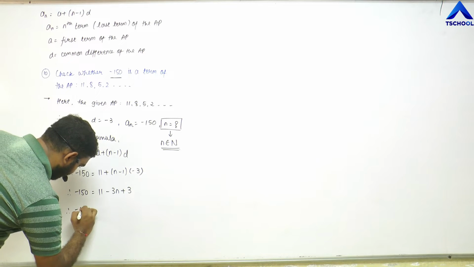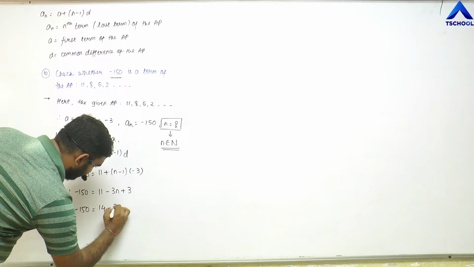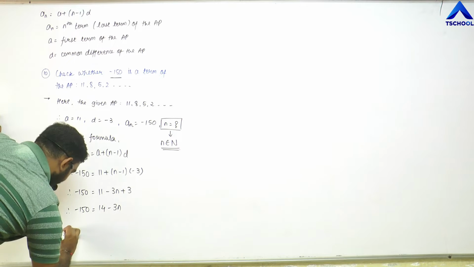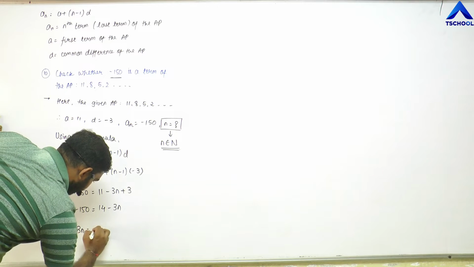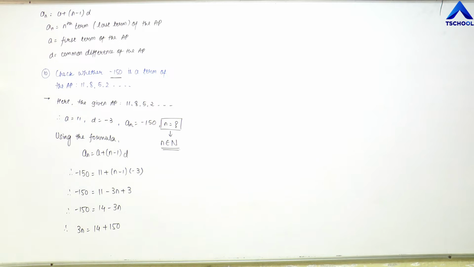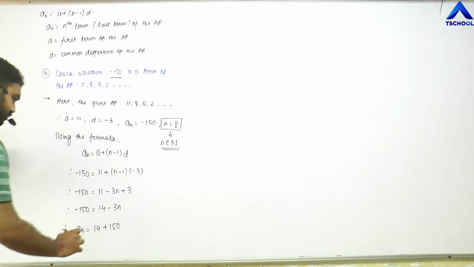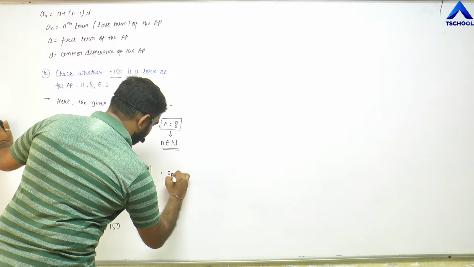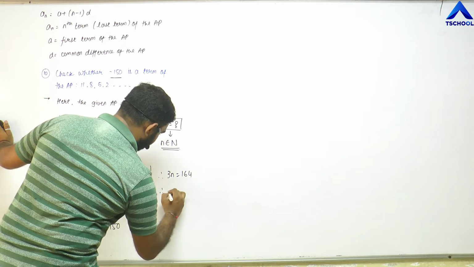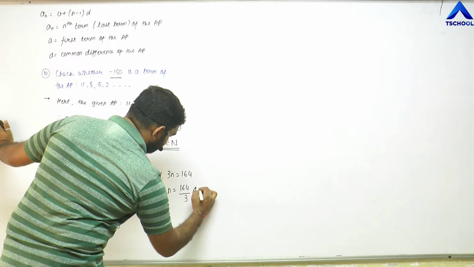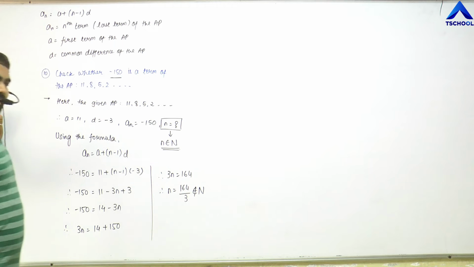Therefore minus 150 equals 14 minus 3n. Let us take 150 on the other side and 3n here. Therefore 3n equals 14 plus 150, that is 164. Hence n equals 164 upon 3, which does not belong to the natural numbers,